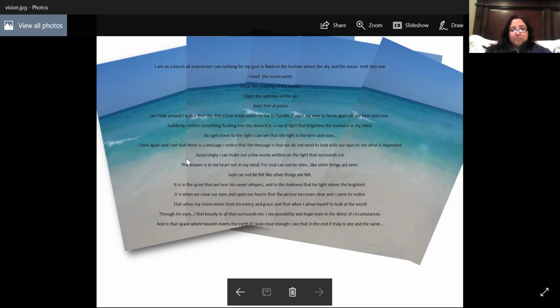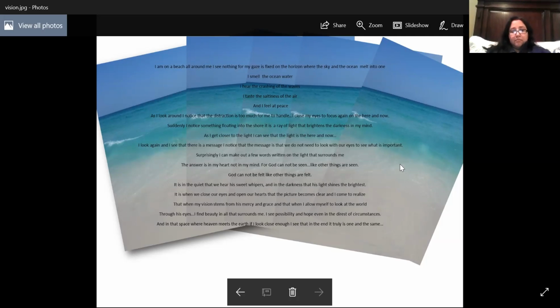Surprisingly, I can make out a few words written on the light that surrounds me. The answer is in my heart, not in my mind. For God cannot be seen like other things are seen. God cannot be felt like other things are felt. It is in the quiet that we hear his sweet whispers, and in the darkness that his light shines the